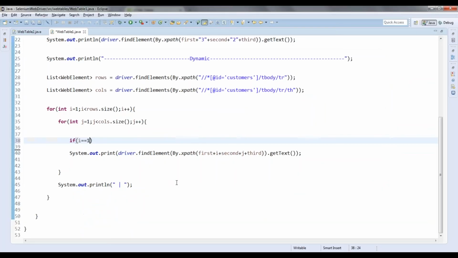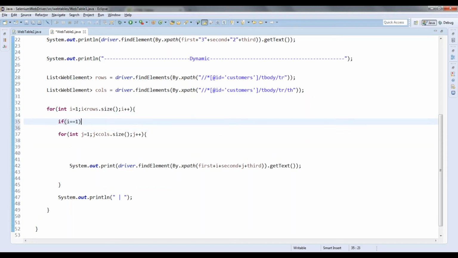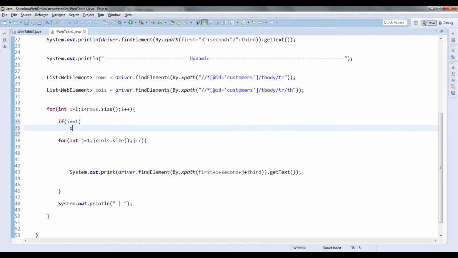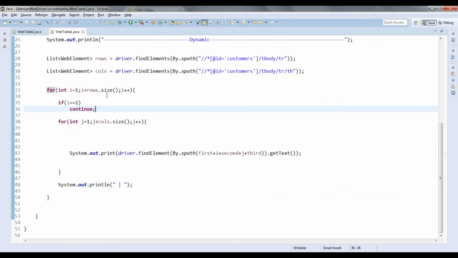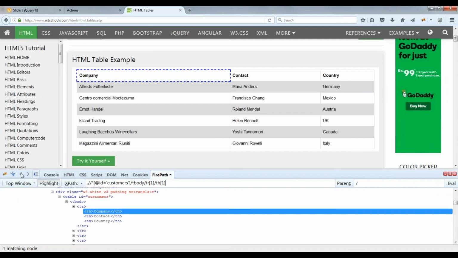So if i is equal to 1, what I am going to do here, I will not enter this. If i is equal to 1, continue, means it will skip the rest of the thing, and i will be 2, because I have to start from the second row, right? Is it correct?